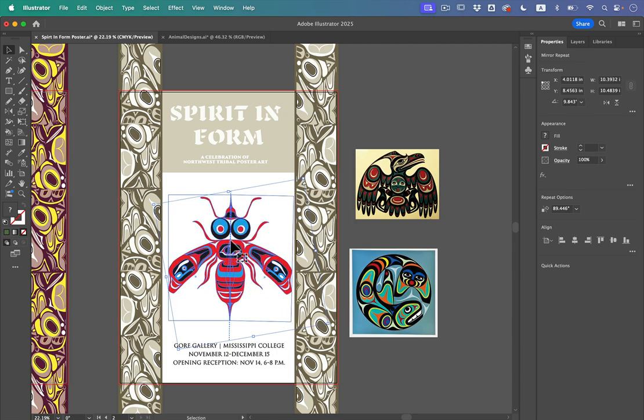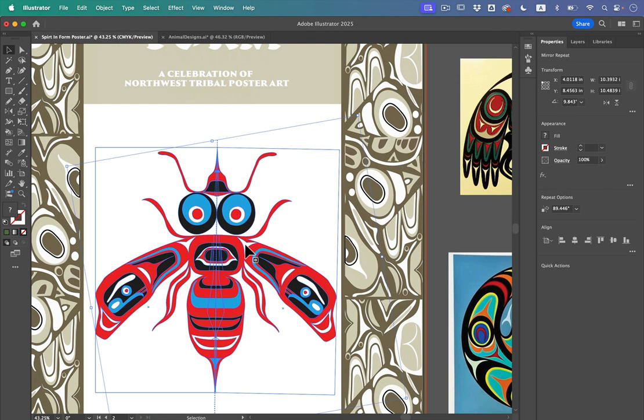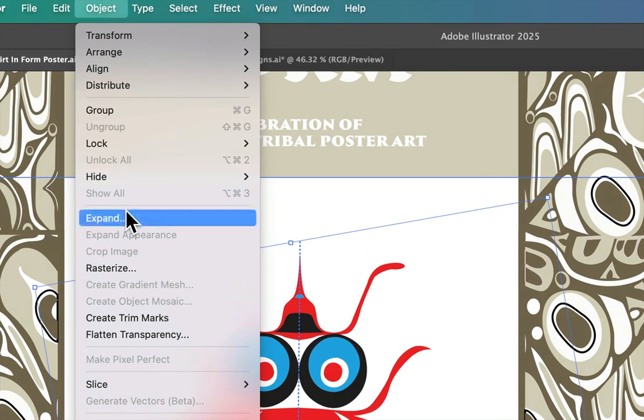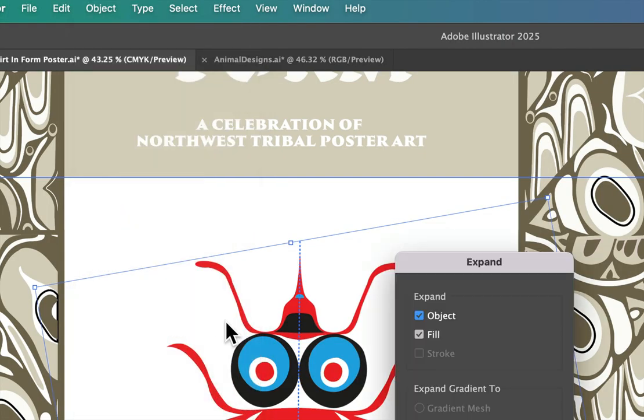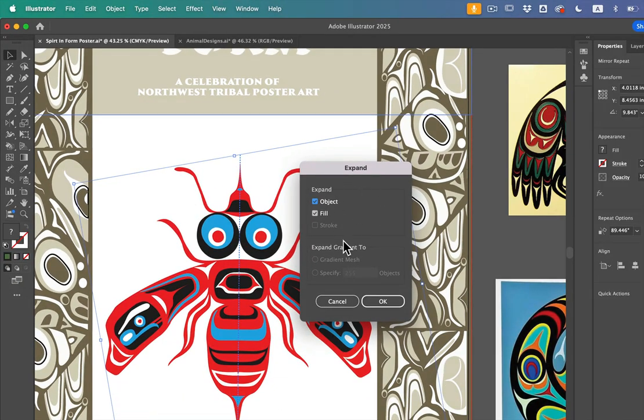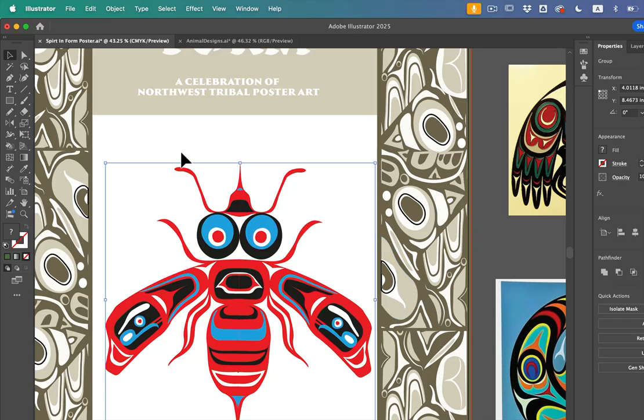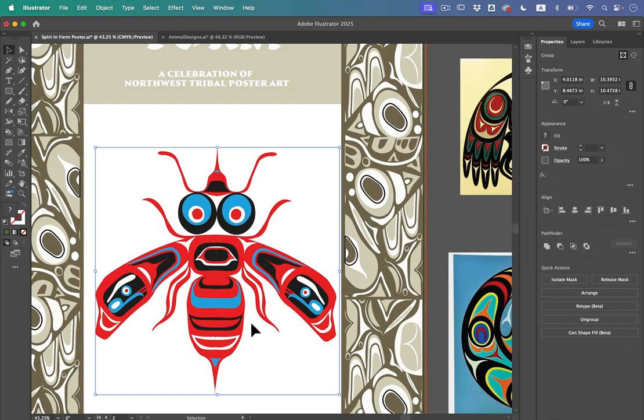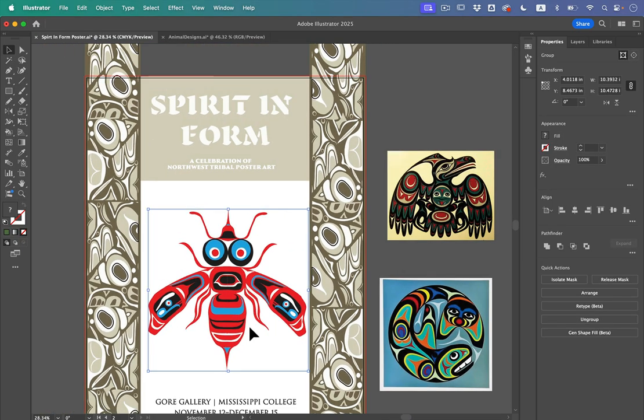This object is inside of a special little isolation envelope. Remember, it's mirroring what's on one side to the other. In order to break this envelope, we need to expand it. So with it selected, I'll go up to Object, Expand, and tell it to expand the fill and object from here. Now that it's expanded, it is inside of its own little clipping mask, but I should be able to